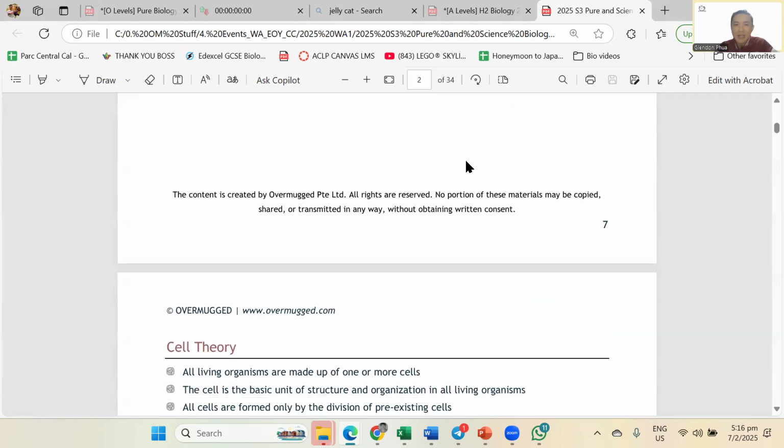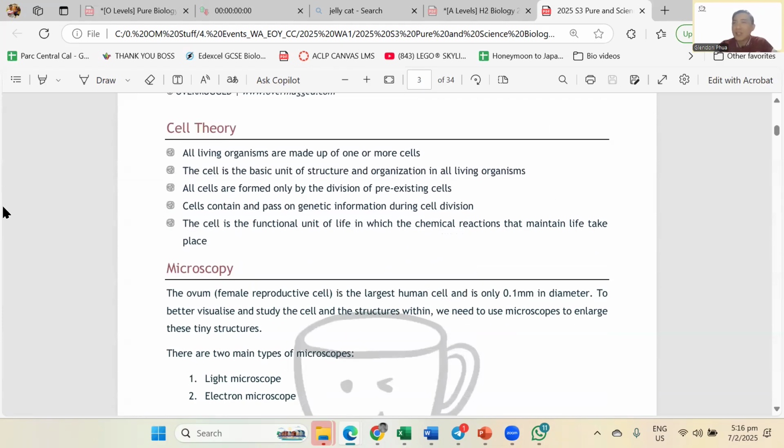All right. Now, this portion here on the cell theory, I won't be reteaching everything, but I just need you to know that in your school paper, in the WA, at max, they will test you only 1 mark worth of this. Why? There are many other things for them to test you. Then, it's so hard to remember, Mr. Phua. Let me help you with that.